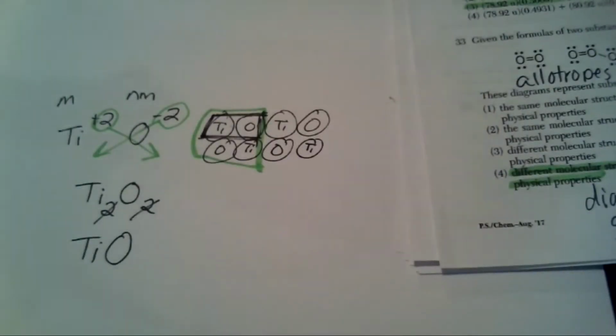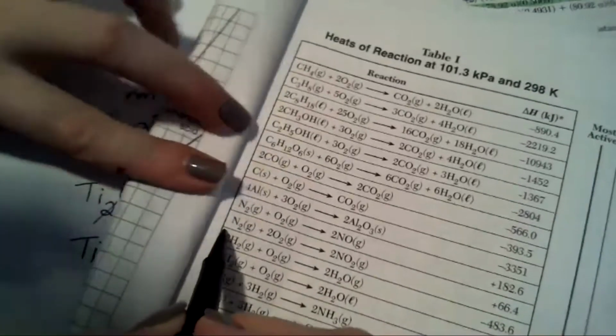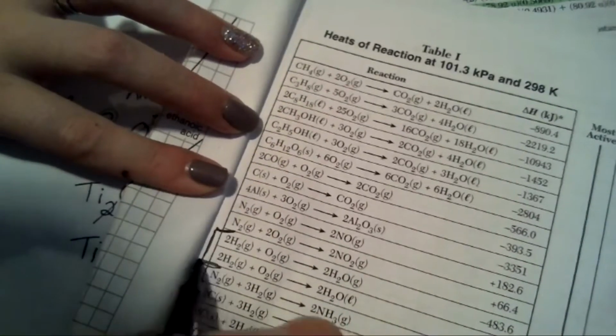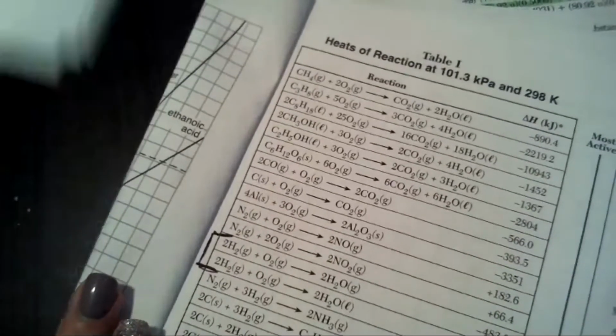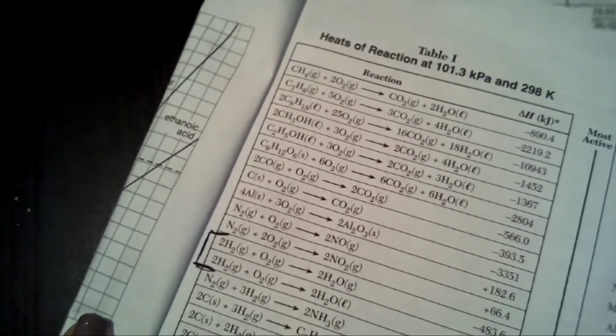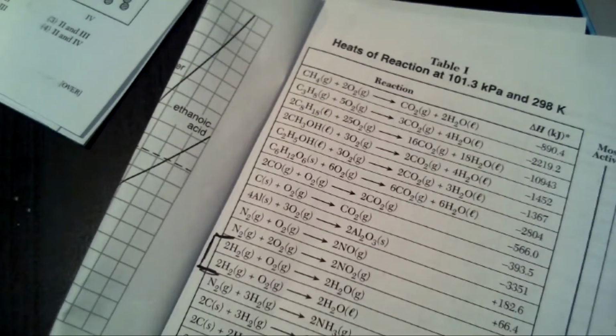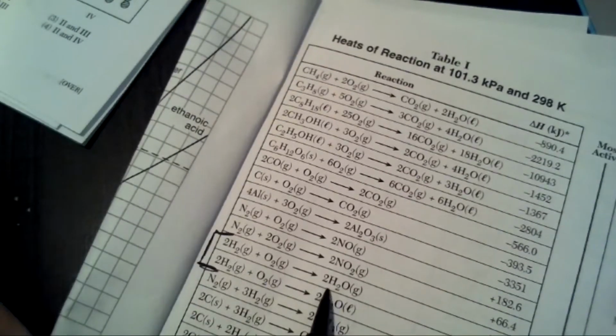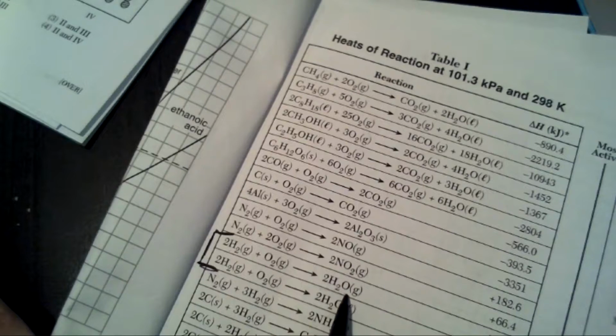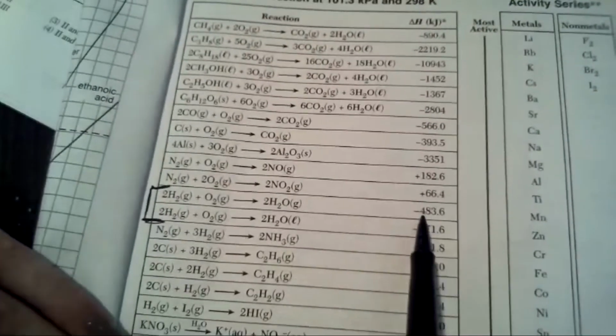So let's compare. Table I has all of these wonderful heats of reaction, and we are looking at hydrogen and oxygen. So let's start there. Here we are looking at hydrogen gas, and oxygen gas is the first one. Hydrogen gas, oxygen gas becoming water vapor. And this is showing us that this equation is going to give us a negative